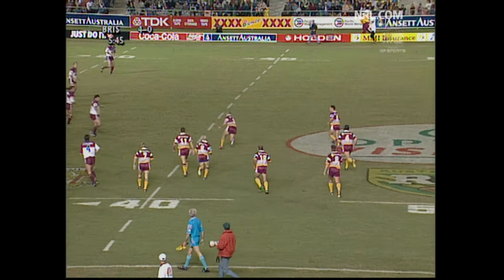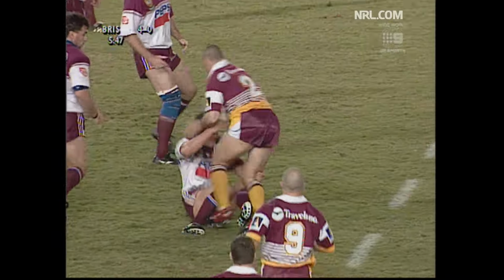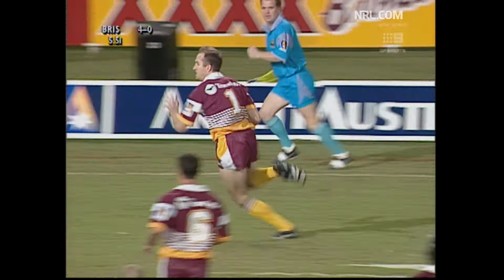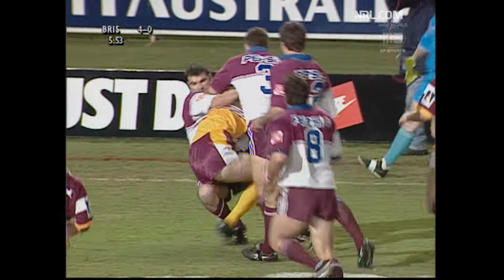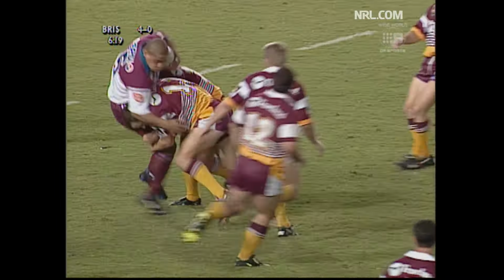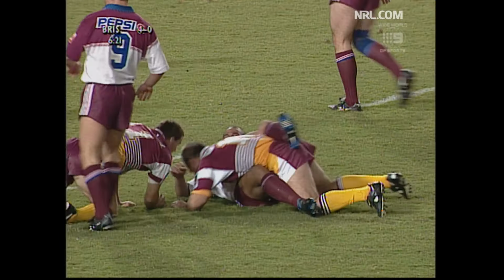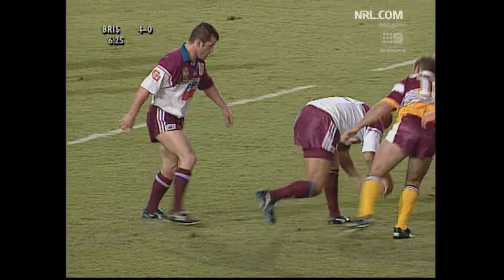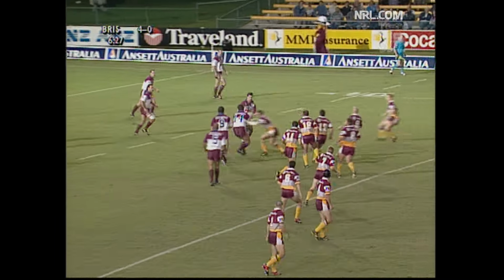Kerrod Walters for Michael Hancock. Got his pass away after he bumped off Sedaris. Lockyer's ball comes down for Hoff. 20 on the line there. Not as deep as really was needed. Oh, look at this! Brisbane tackling in pairs and driving John Hopoate. Tierney with a